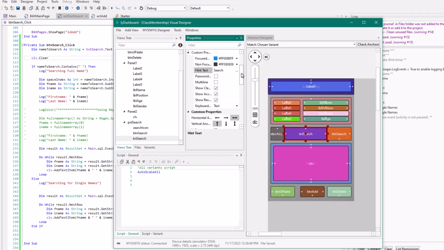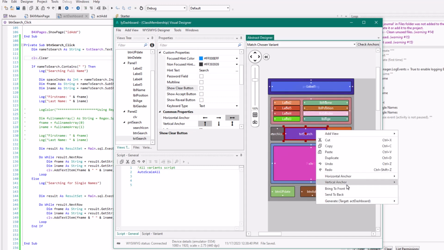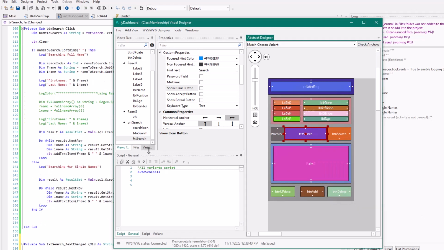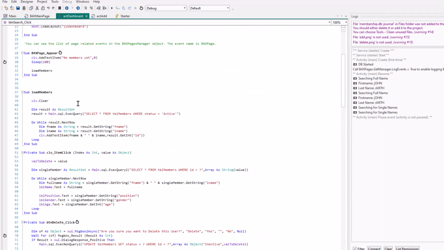And also, let me remove the accept and reveal buttons. We don't need them here. Then text change. So on the text change, you should clear the preview of the name.